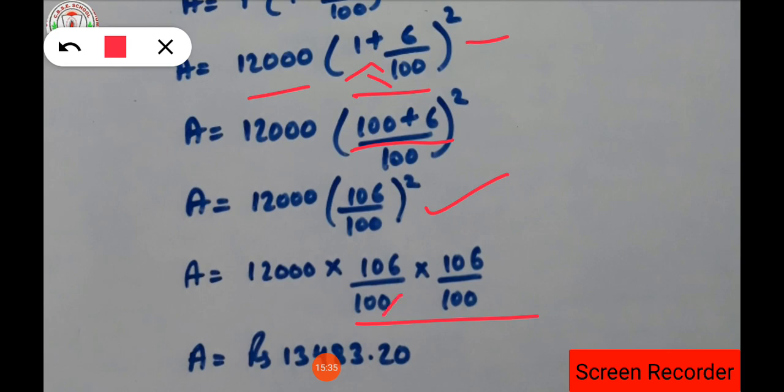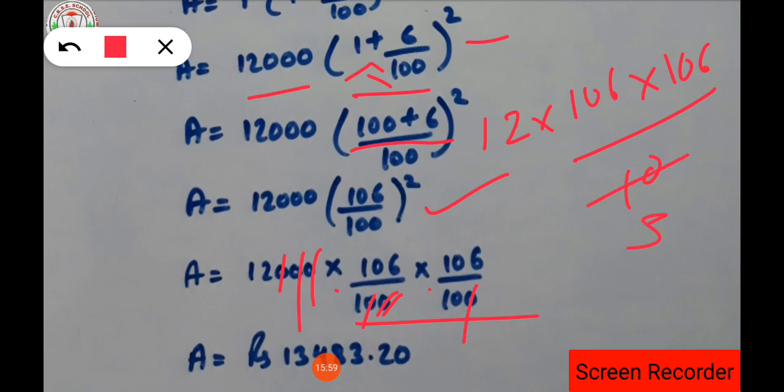Now can we cancel the 0 from the denominator and from the numerator? Yes, we can cancel, because the multiplication sign is present in between the numbers. That's why. Now one of the 0s will cancel here, one of the 0s will cancel here, isn't it? Now what is the number left out? The number left out is 12 into 106 into 106 upon 10. Okay, so again 10 will get cancelled by the table of 2. 12 will get cancelled by the table of 2, 6 times. Now what is the number left out?